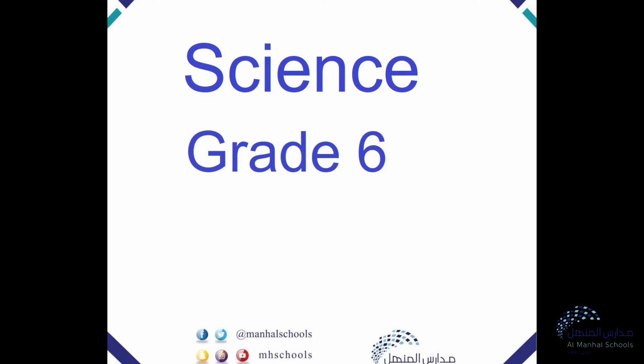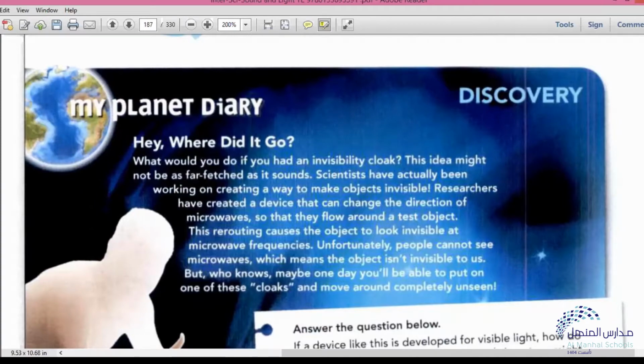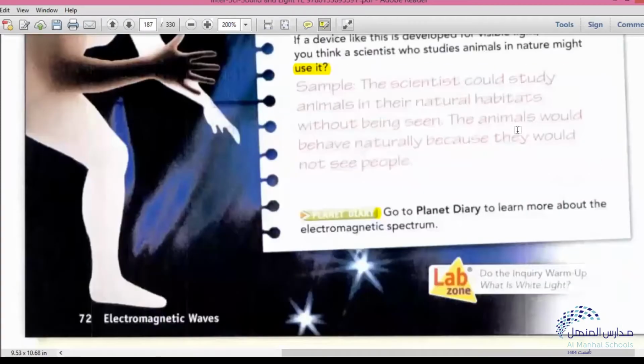Hello, all grade 6. Today is the last session, chapter 3, lesson 2, page 72. We are going to solve the questions in your book today, so prepare your book and your pen. Now we are on page 72. On this page, we have a planet diary. This planet diary gives us a hint. The question is,